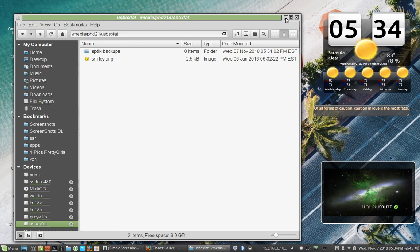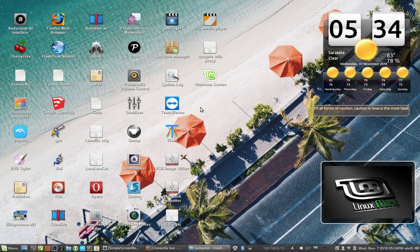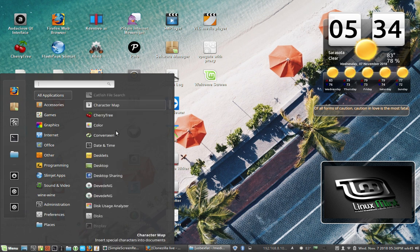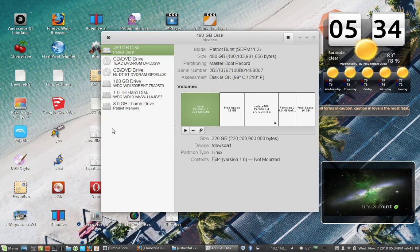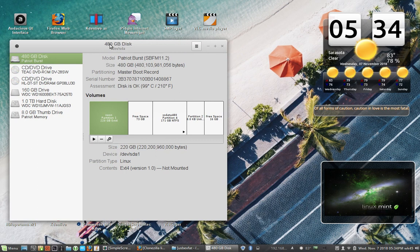There is another option. If you're going to have a USB stick or a USB drive or a partition on a different internal hard drive that you want available most of the time, there's an excellent program called Disks that's usually already installed, and you can tell it that you have a particular drive or a particular partition that you want to have mounted, like if you're dual booting Microsoft Windows or even a Macintosh with Linux Mint,